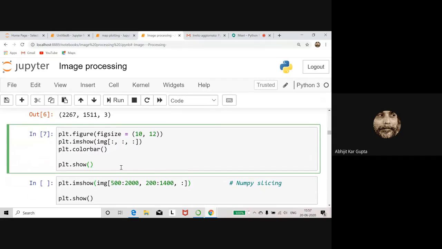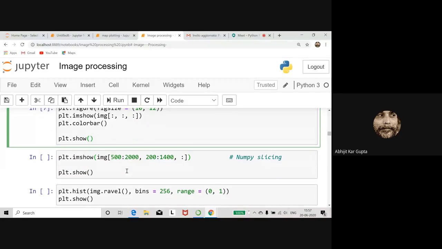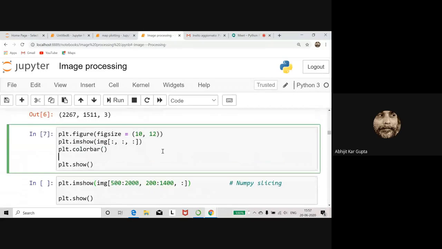So this is now slicing, what ADG has taught you. Just before you go through the whole thing, let me point out one thing. This colon thing that you had, that was not red, green, blue. That was just three dimensions, actually 3 axes: 0, 1, 2.